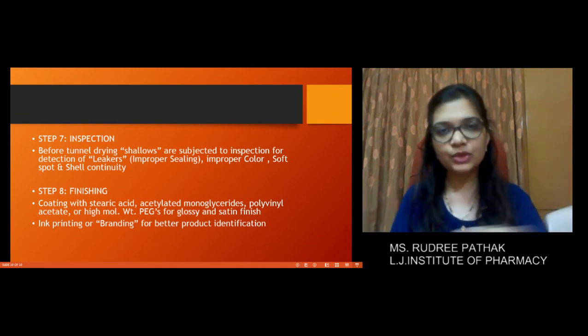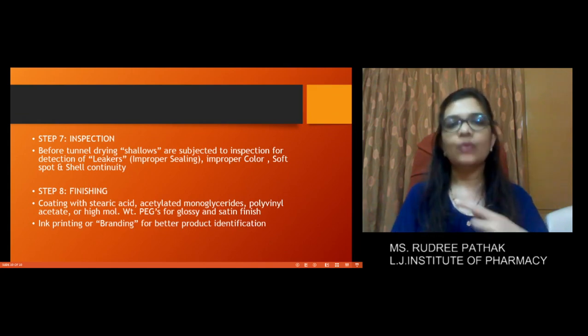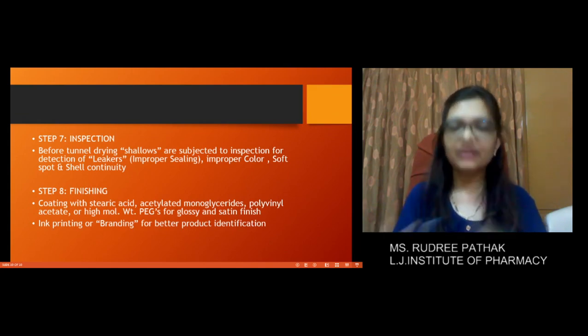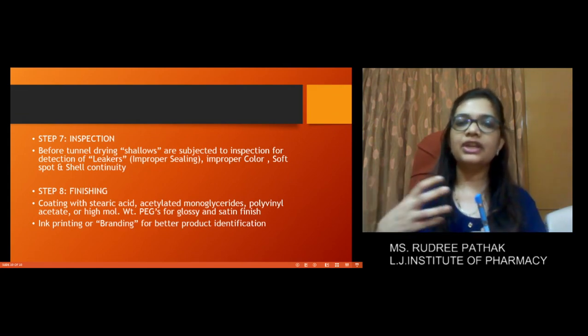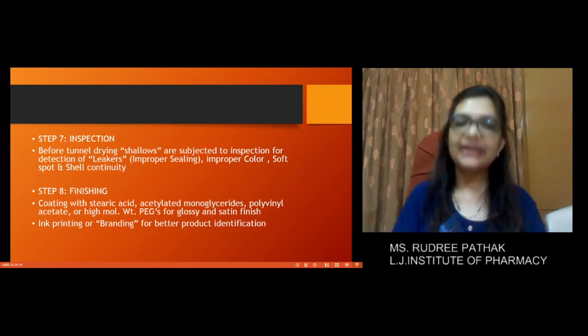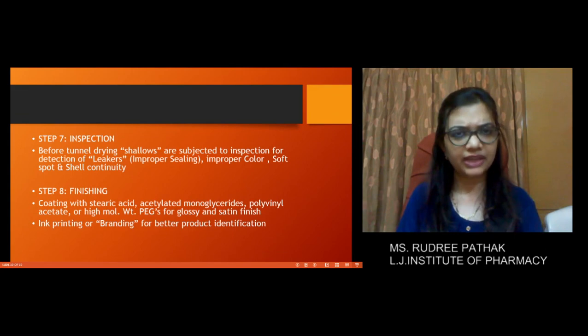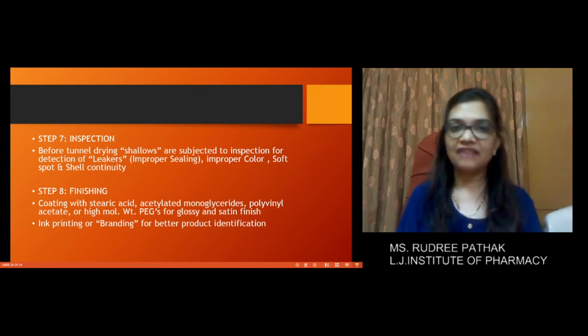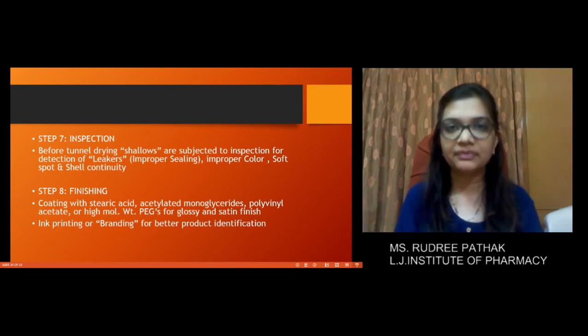There will be a visual inspection, and there are some units also available for checking whether the capsules are completely filled or not. And once the final batch is selected, it will be going to the labeling and packaging area, and there are chances of marking on the capsules, just to have a logo kind of thing, so that the companies can have an identification mark, okay, so these capsules are prepared or manufactured by them.